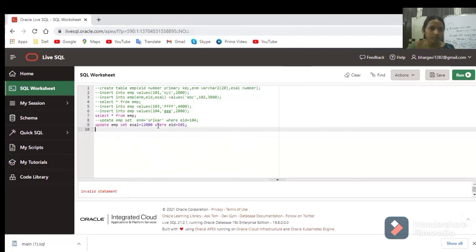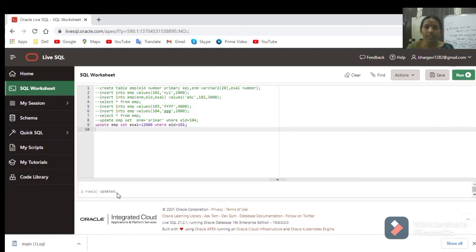Wait a minute. Invalid statement. Oh, okay. Here we are executing two statements at the same time, so you are not getting it. So, UPDATE employee SET salary equals 12,000 WHERE employee ID equals 101. What are you getting?